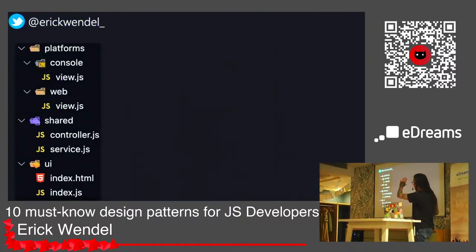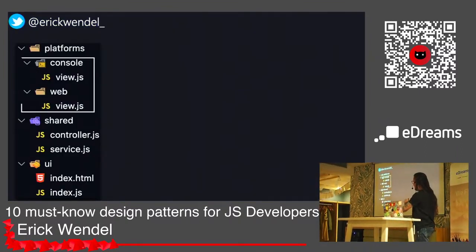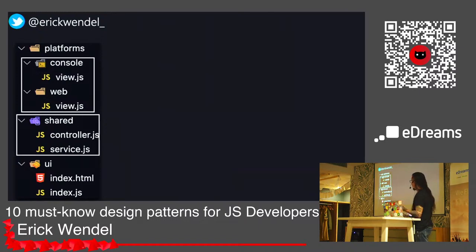So now you can see, I just split all the application into different responsibilities. Even if you don't know any design patterns here, the idea is just to break into different files or folders. This is gonna make it easier to maintain. So in the console, I'm gonna have the Vue.js file. I'm gonna have the web, but what they are gonna have there is just the signature. I'm gonna show you in a bit.